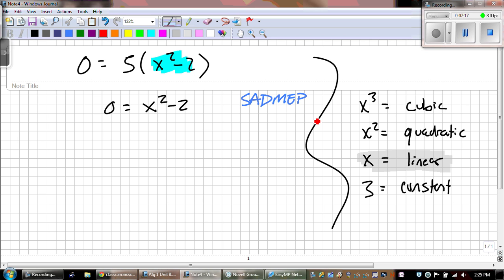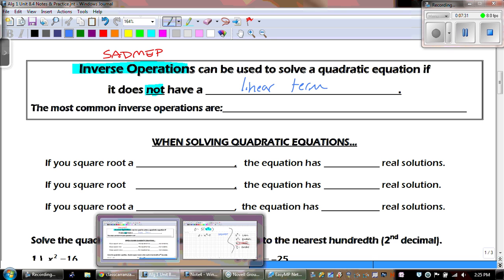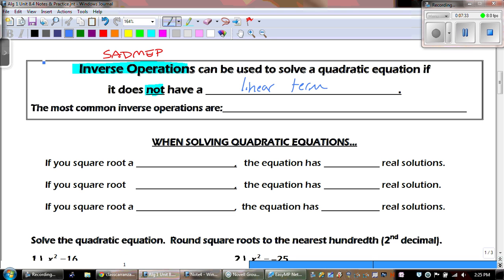So we cannot have a linear term. Is there a linear term, just a variable? Nope. So we can solve it. That's great. But what do we do next? Well, let's talk about some of the most common inverse operations. There is addition and subtraction,